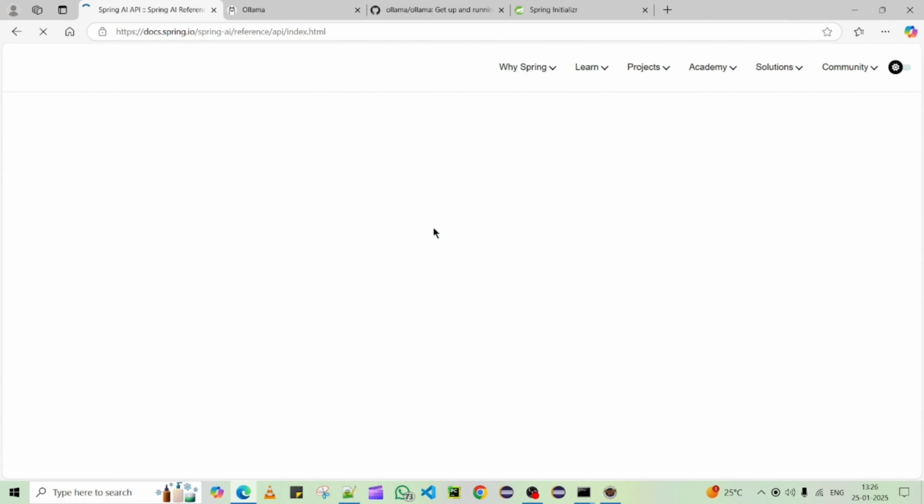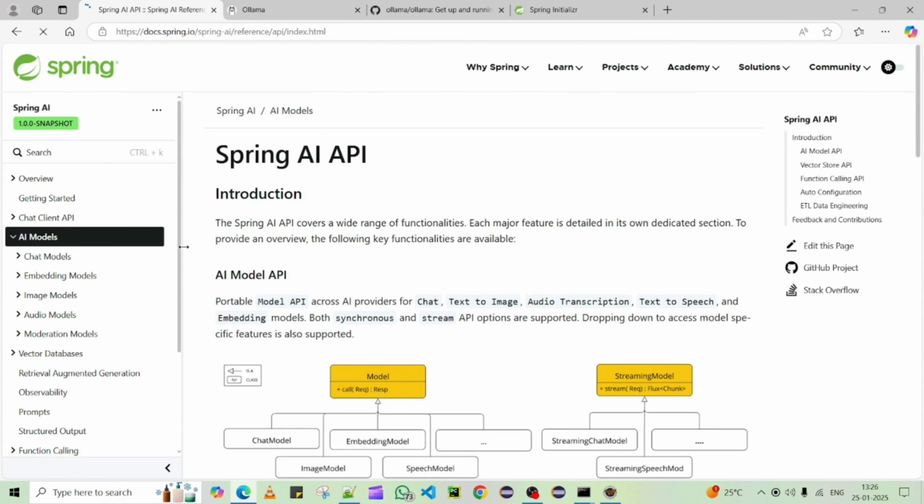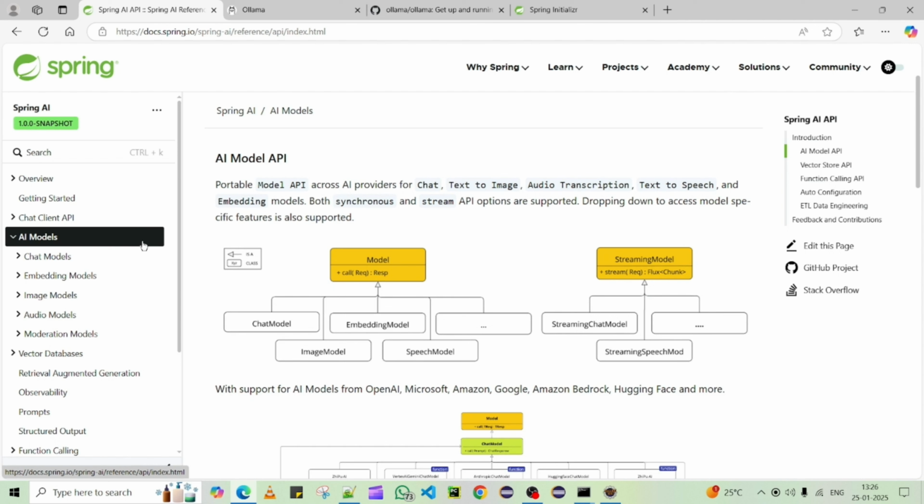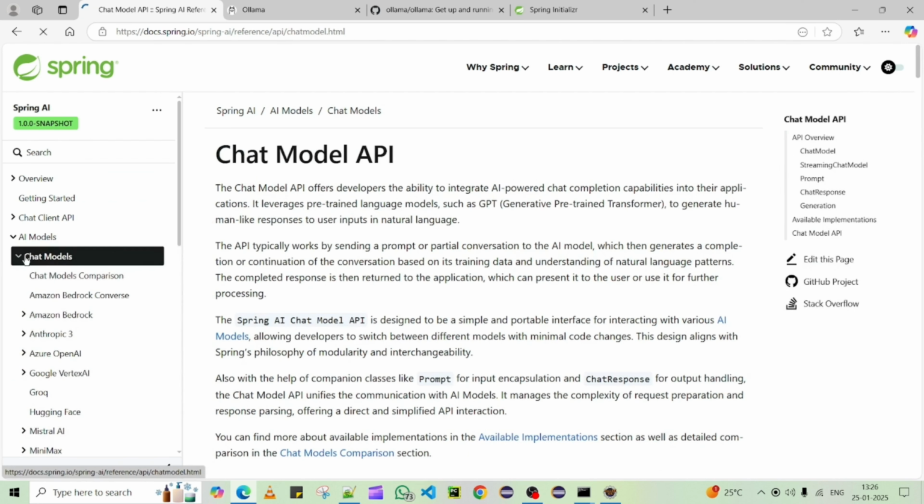So let's click this one and you can see the models which Spring AI is going to support. You can see the chat models, embedding models, image models, audio moderation models, and vector database, which is required to store the embeddings. So these are the different types of models it will be supporting, and as part of this demo we are going to use chat models, and inside that there are various models it will support like Amazon